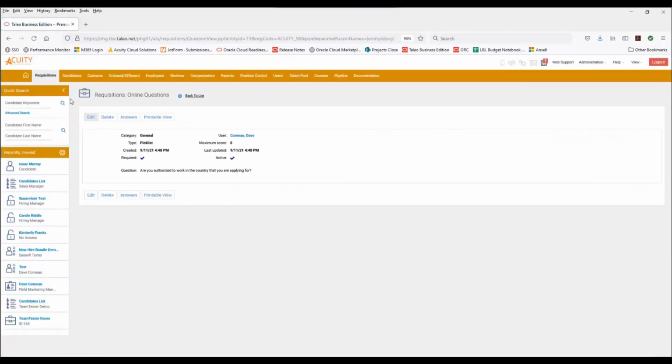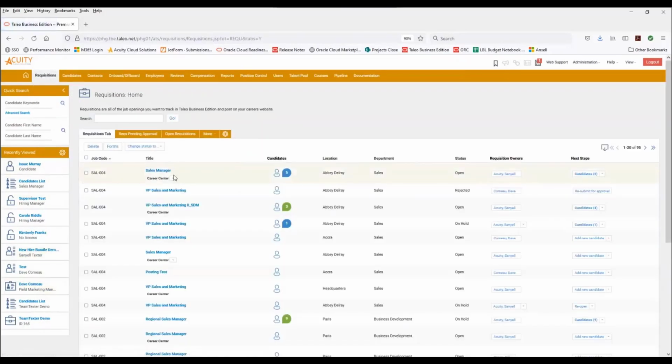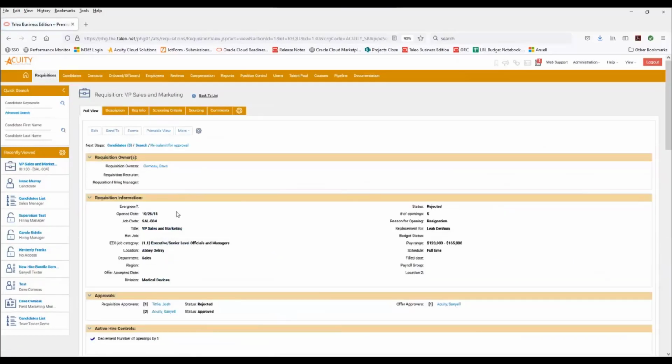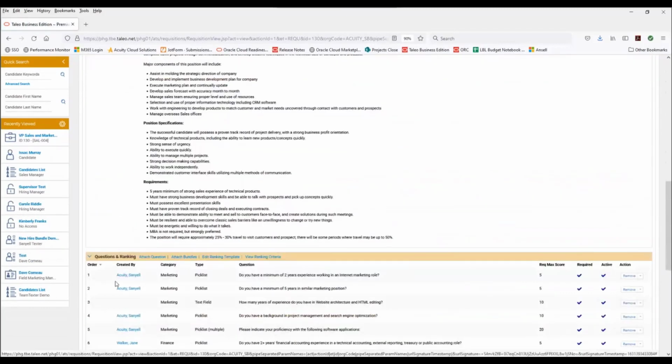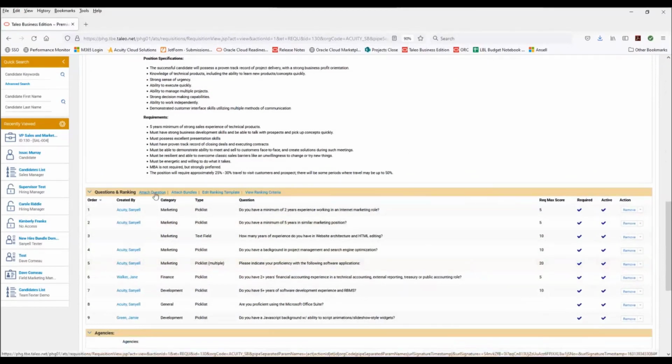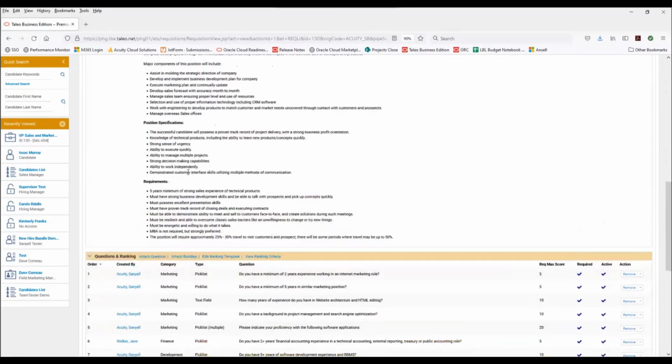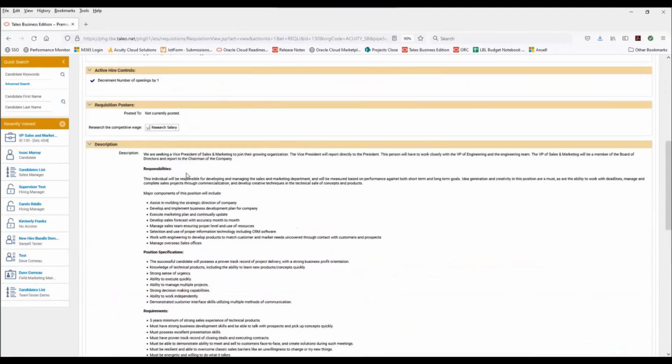And to attach these questions to a requisition, let's just go to the requisition tab and pick any requisition here. Once your requisition is created, you're going to have a questions and ranking section that applies right here. Here you can attach the questions that you have created, or if you want to group questions into a bundle, you can attach a bundle as well, and then save your requisition. And the questions will automatically be on that requisition,